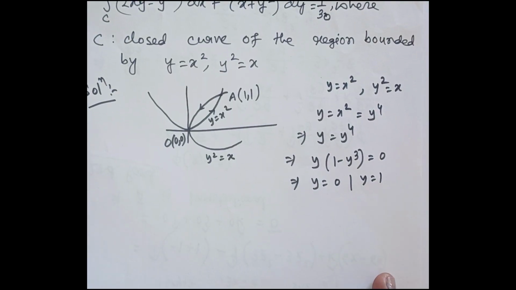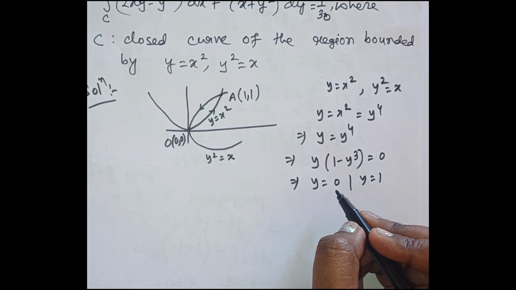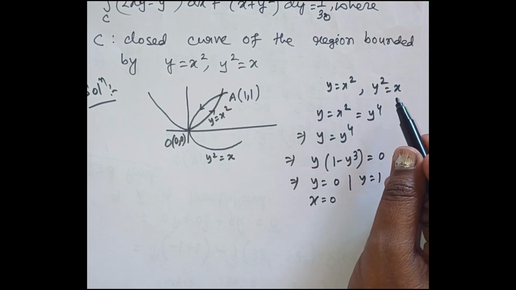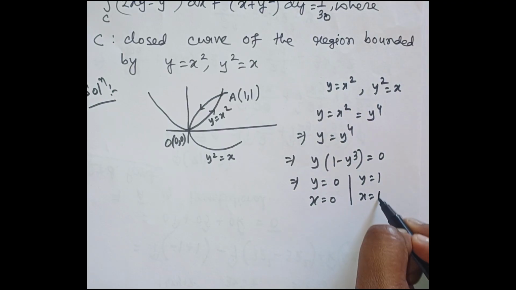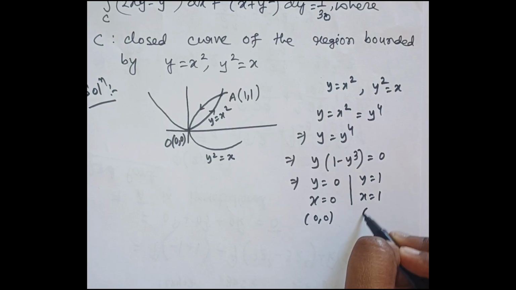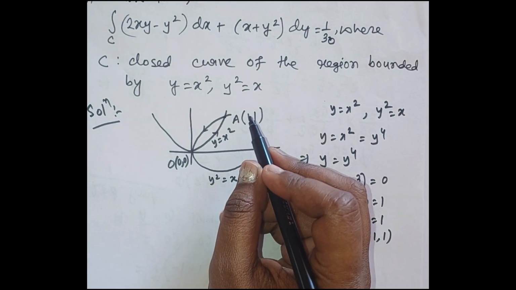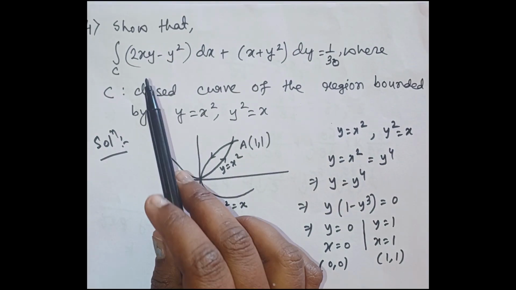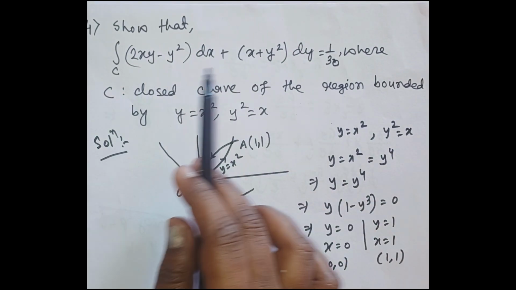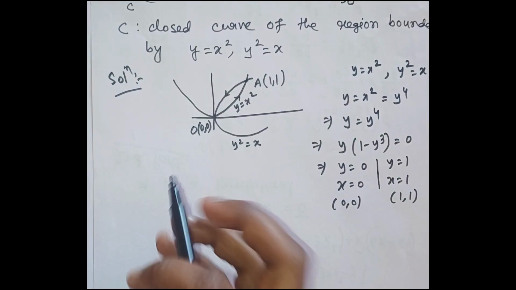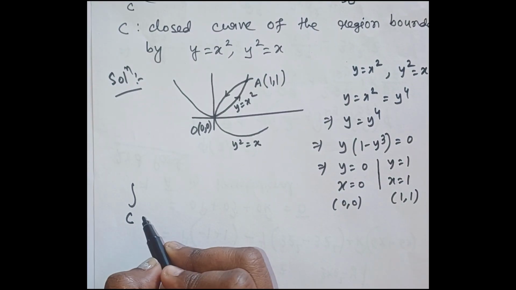These two will be only the real values. So if y equals 0, then x equals 0 by the given curves, and if y equals 1, then x equals 1, and in that way (0, 0) and (1, 1) are the points of intersection of these curves. So now we have to solve this integration, and the overall integration now can be divided into